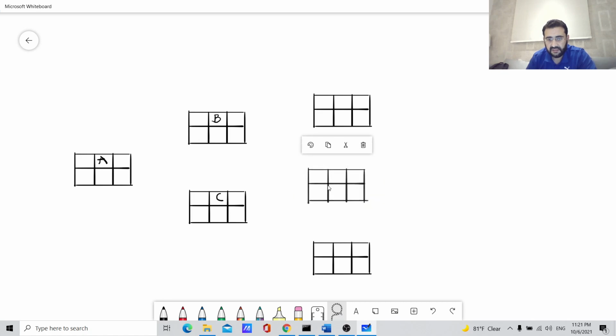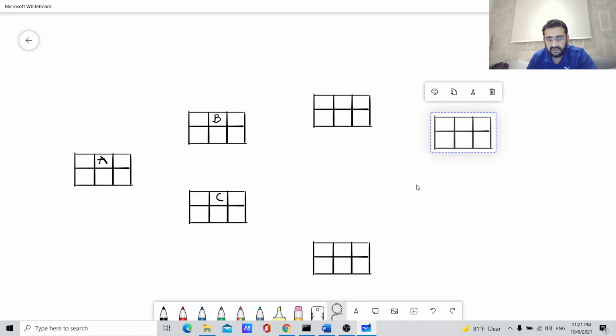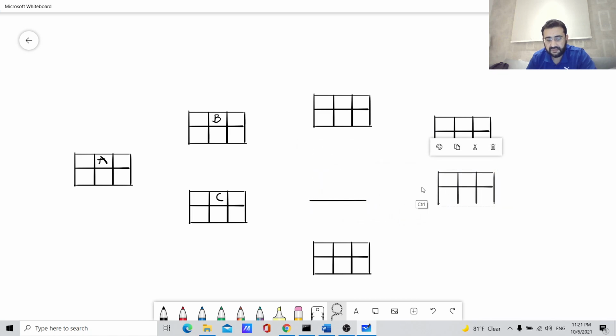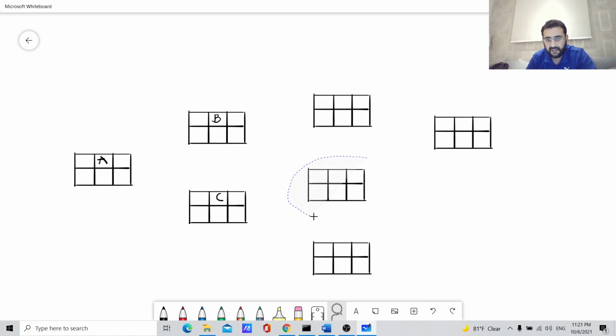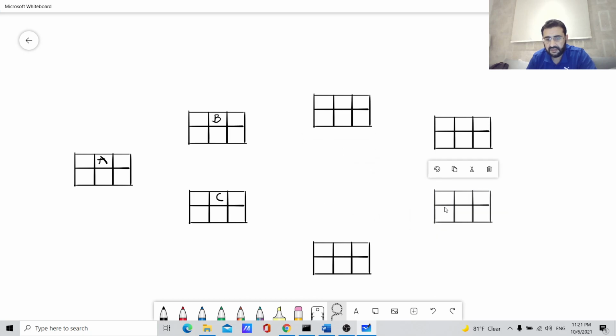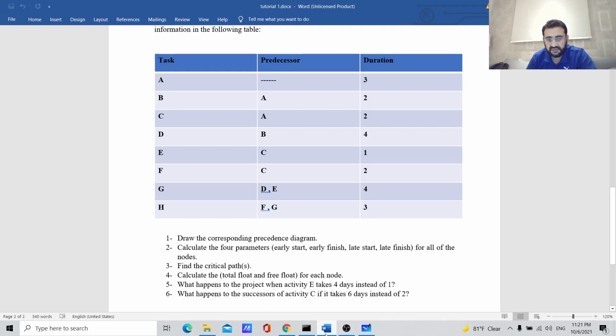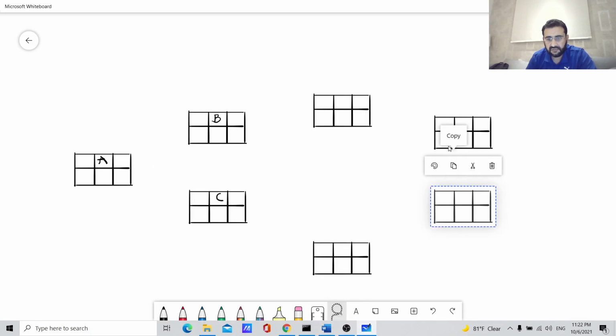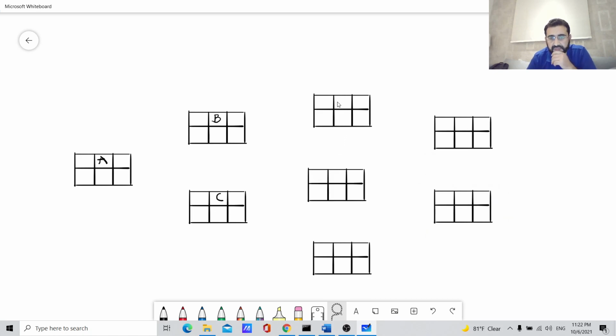Okay, so I just take this here now, because with this software, then I will have task G and H. Okay, so I still need this one. So this will be task D. I have to select the pen. So this will be task D, this will be task E, F, and then we have